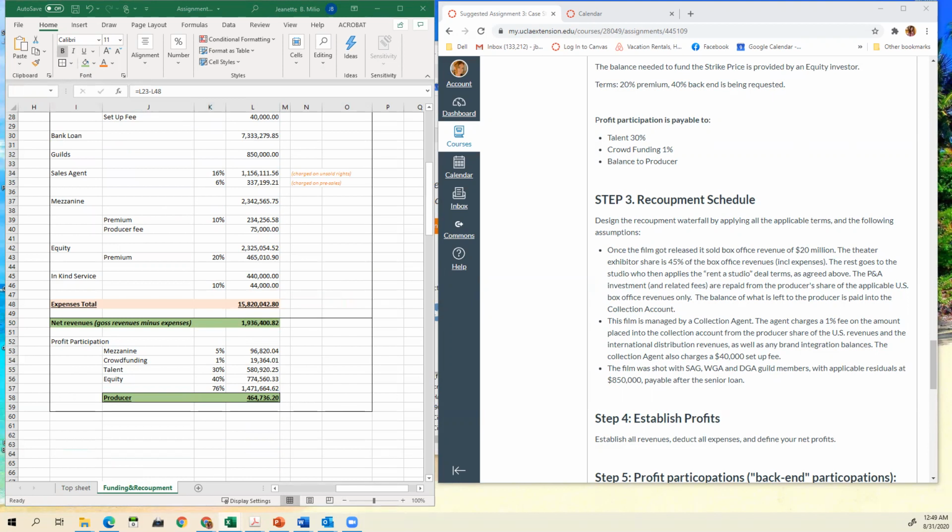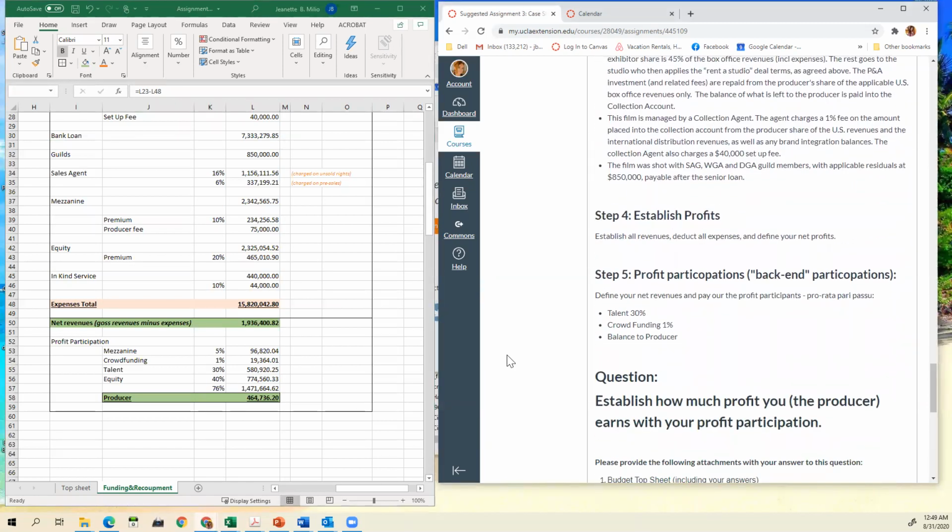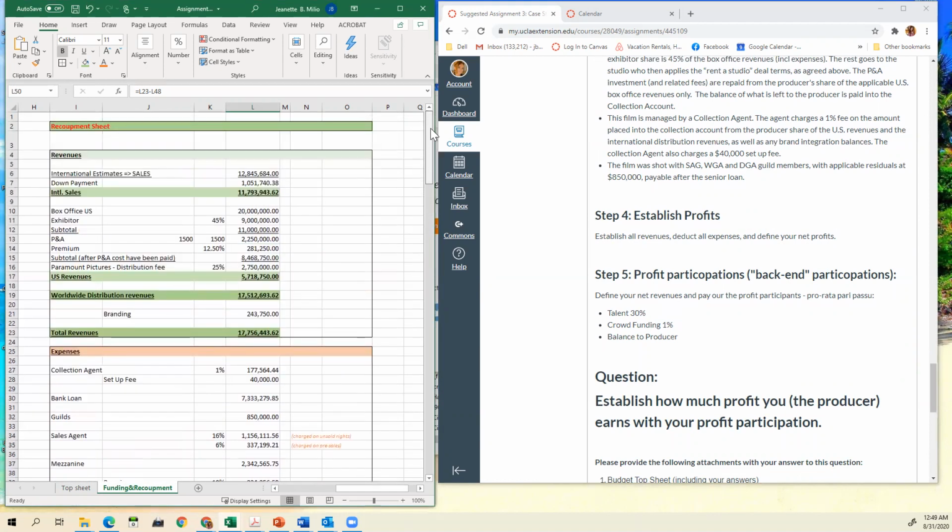And now we're looking at all the profit participation. Let me see what we have here. I believe the list is this. Talent, 30%. The equity demanded 40%, so we give it to them. Crowdfunding was 1%. And the mezzanine lender wanted 5%. So altogether, we're paying 76%, leaving us with $464,736.20. So I hope this summary helped you with your understanding of the